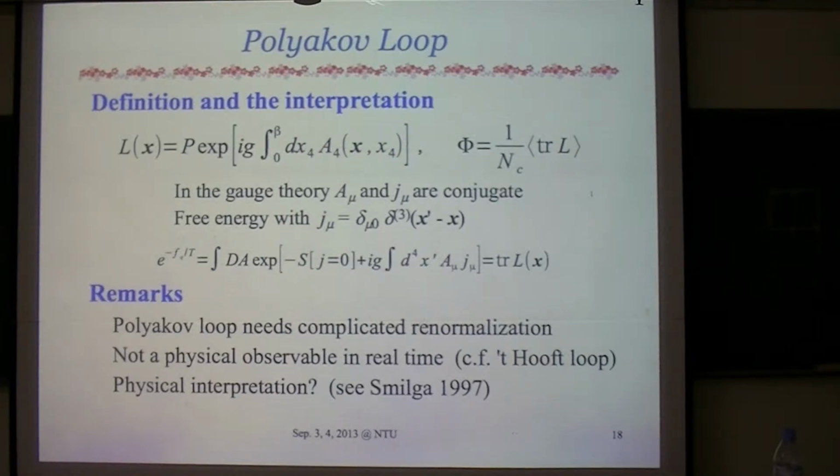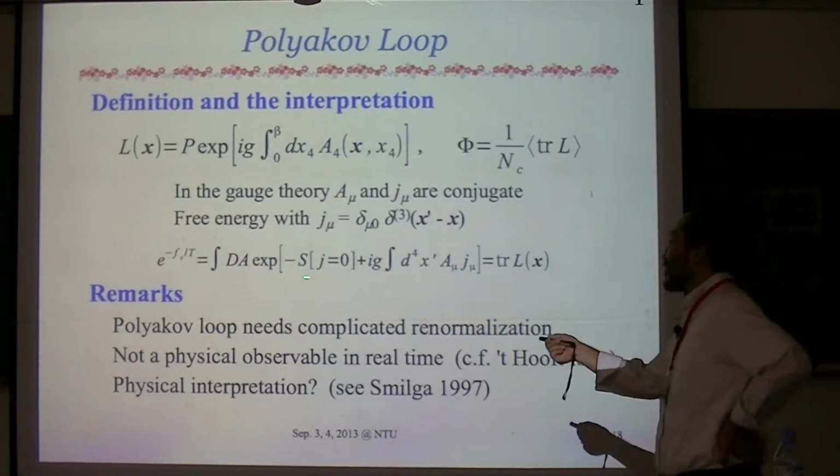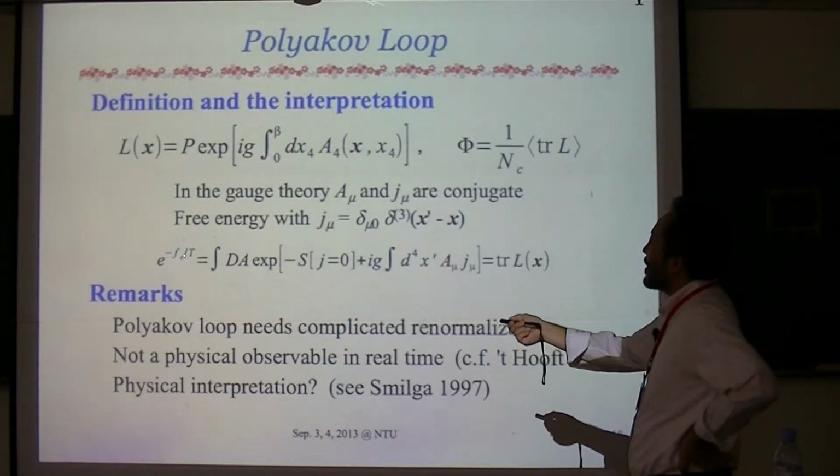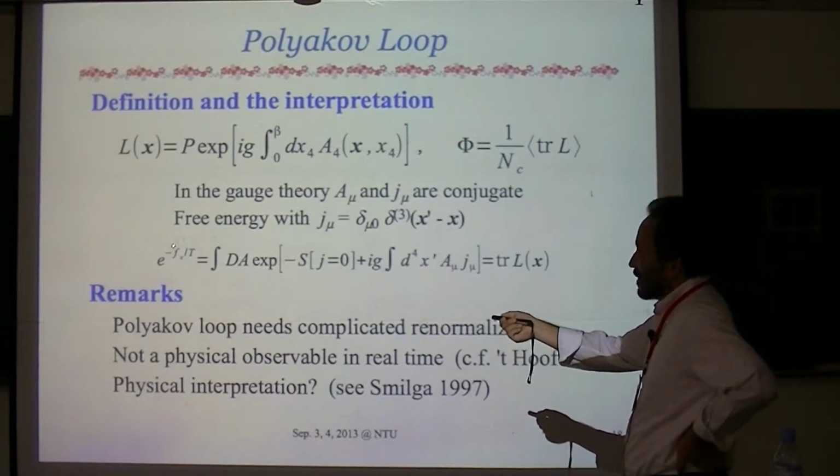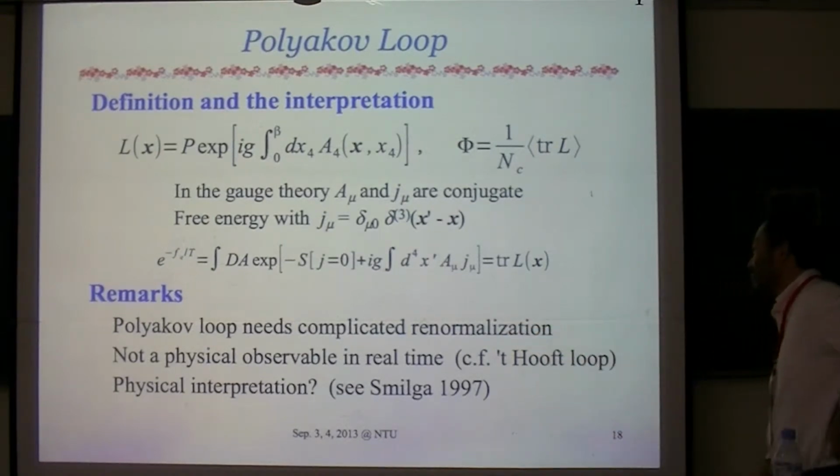So this Polyakov quantity needs a very complicated minimization that I will not explain in this lecture. But actually the interpretation of a Polyakov loop is a bit tricky. As I said, this can be interpreted in this way. But actually this single quark free energy, this quantity itself, is not really